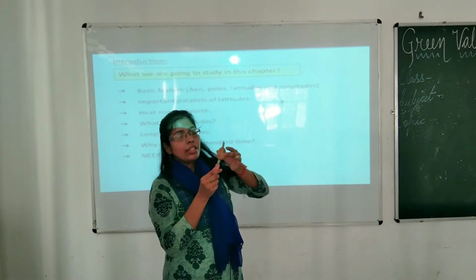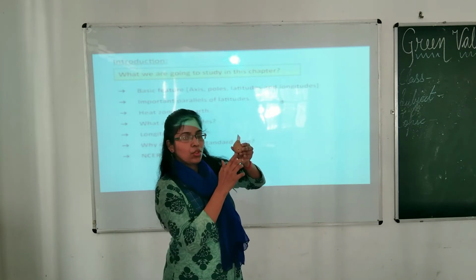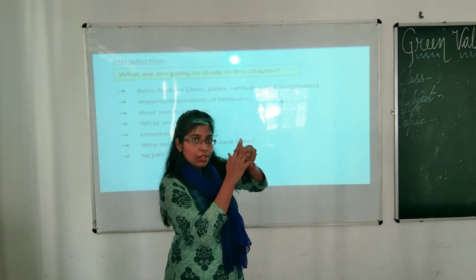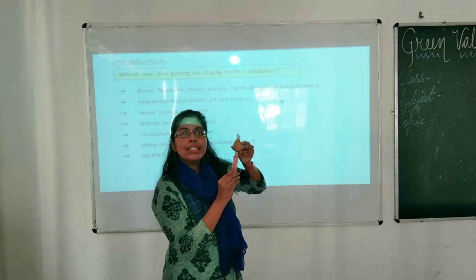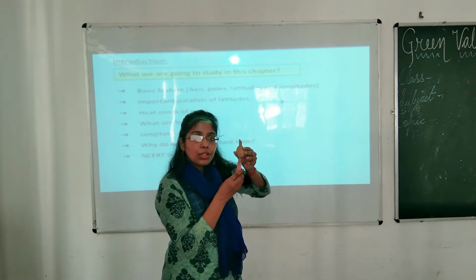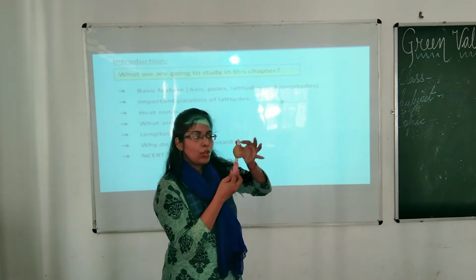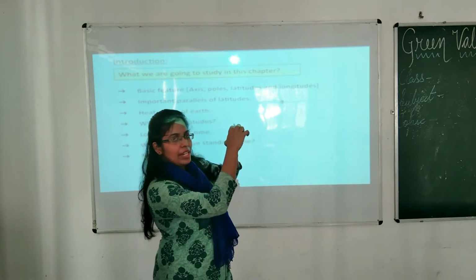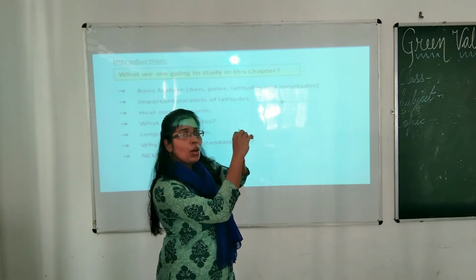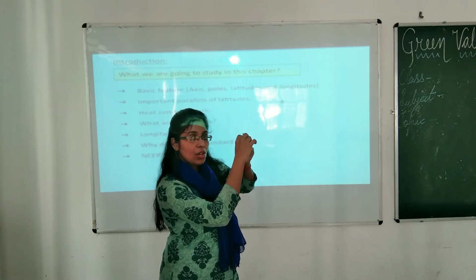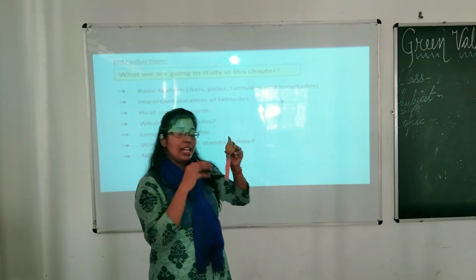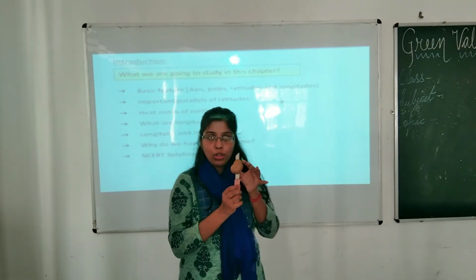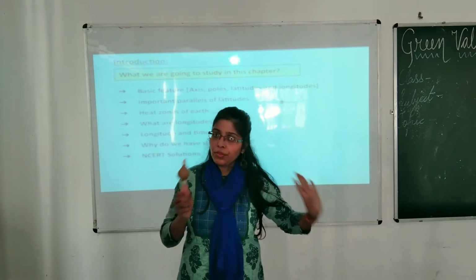Okay, now the line which passes through the poles, the imaginary line which passes through the poles of the earth, that is called axis. So earth rotates on its axis. This is what axis is. Now what is pole? You can see here one end and another end. There are 2 ends. Now these 2 ends are called poles. How? I will be telling you all, everything, don't worry. So basically you can try this experiment at your home also, but be very safe while doing this.